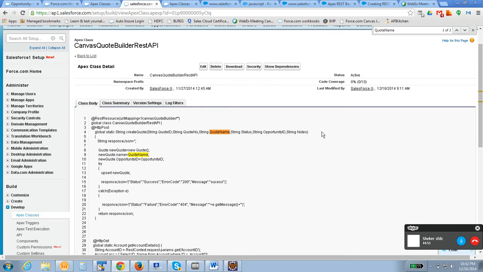This is nothing but integration, a two-way communication. You are writing some code and giving it to someone, so how will they communicate? You have to say, I'm expecting these parameters with these particular parameter names. That is how it will work. Let's say the bank is expecting five parameters and you are sending four parameters, how will things work? It will say bad request or request is rejected, whatever it may be. So this implementation and giving the solution is up to you, how you are going to handle it.